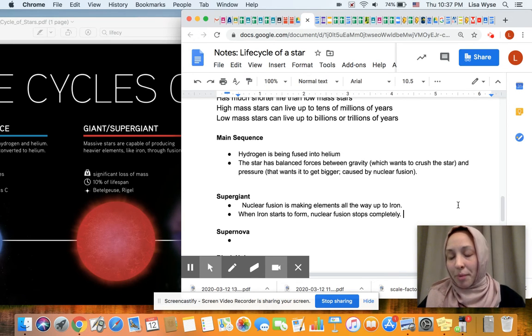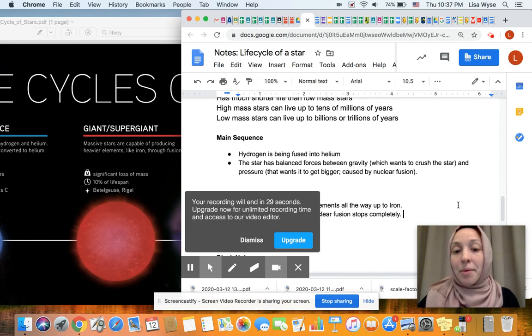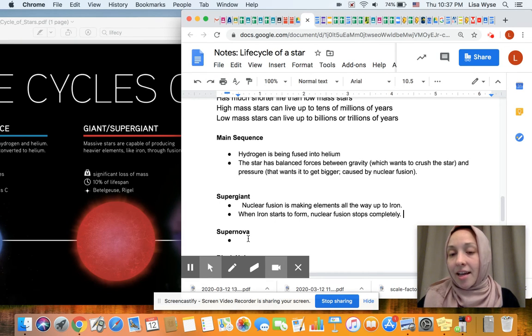Why does it stop completely? Well, technically because in the elements smaller than iron, nuclear fusion releases energy, and we get energy from it. But bigger than iron, it actually takes energy, and so it would just be taking energy from the star, which would just kill it. So nuclear fusion stops completely at iron. But oh no,